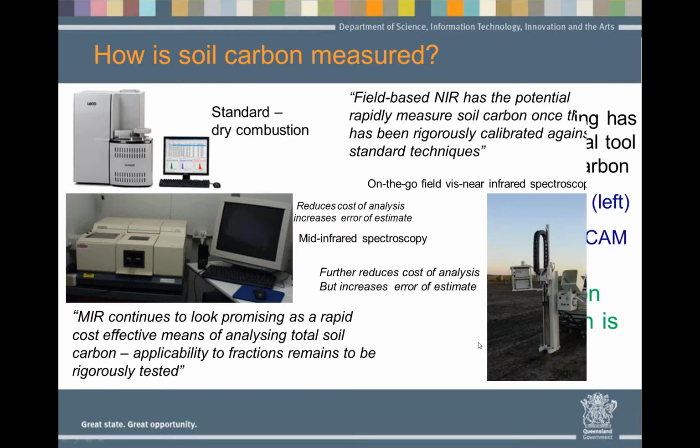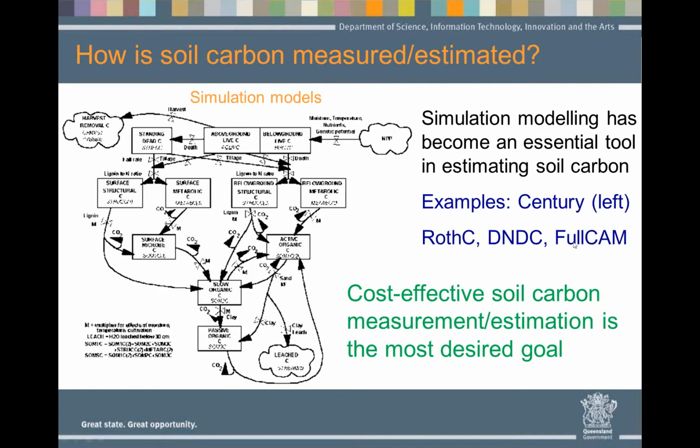Now, all the emphasis is that we are working towards cost-effective soil carbon measurement, and that's the desired goal. Once you have done the baseline by standard technique, you can go through modeling techniques, and that can reduce the cost much further. Like the Commonwealth of Australia's FullCAM model that can be used, the ROPSI model, and there are other models like CENTURY, and they take into account a number of factors to get estimates of soil carbon. That does reduce the cost further because you can run the models away from the field, but you do need field data to